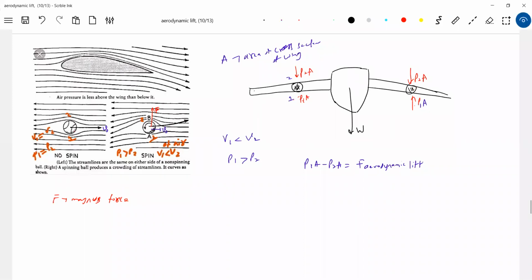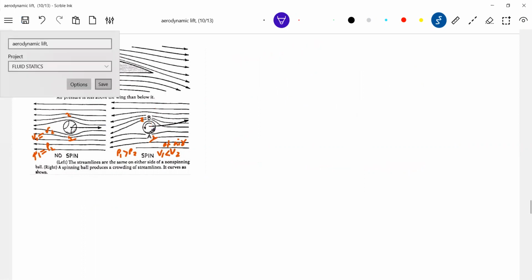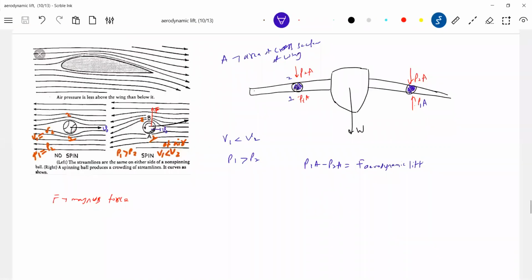In India, we can't manufacture aeroplanes because we don't have the technology to manufacture the propellers. The knowledge of chemistry, all things are needed. We are very poor, that's why we have to import planes like Rafale. Why can't we manufacture? Because we are not good in designing the aerodynamic components. This is about the aerodynamic lift.